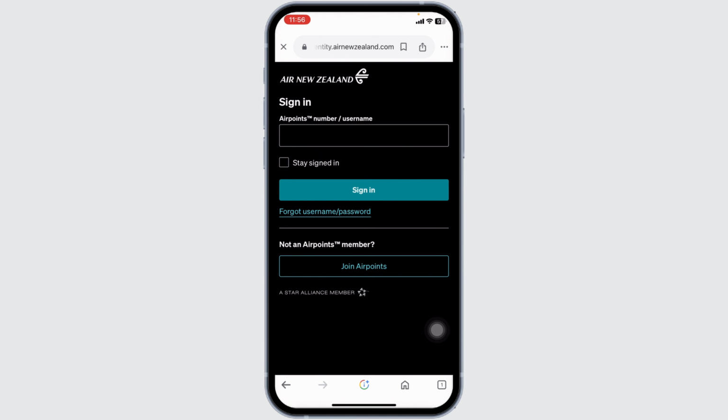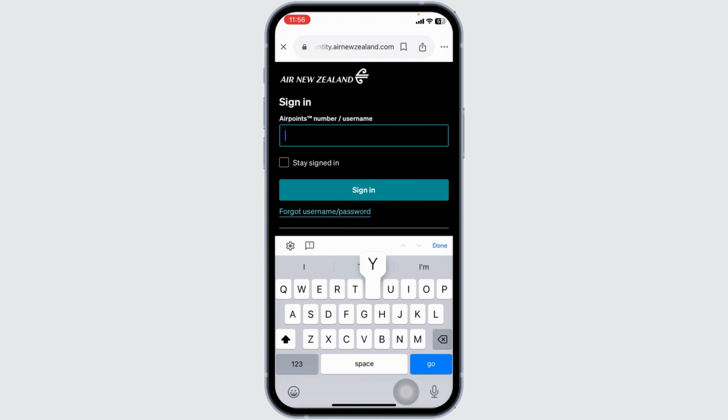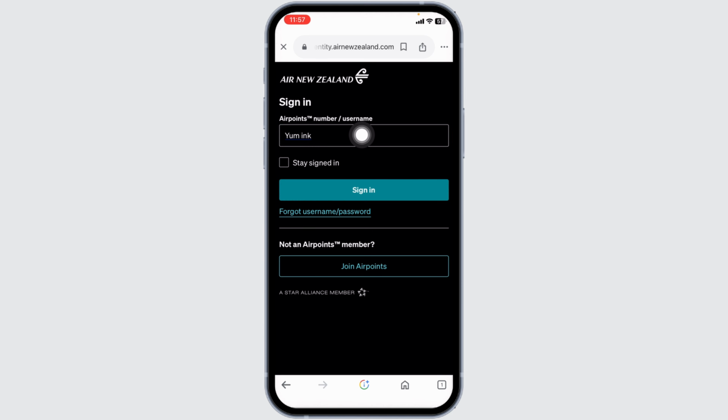All you have to do is provide your credentials. First up, go ahead and type in your points number or the username. If you want to stay signed in, you can check in for this option. Now click on the option of sign in, and in the next page you will need to type in your password. After you type in your password, you can click on done, and just with that you will be logged